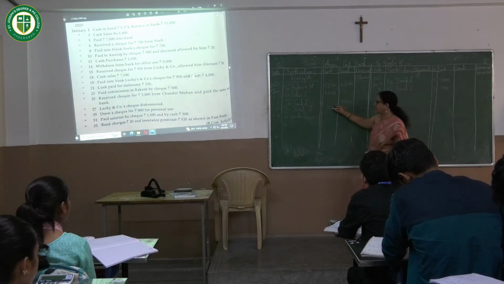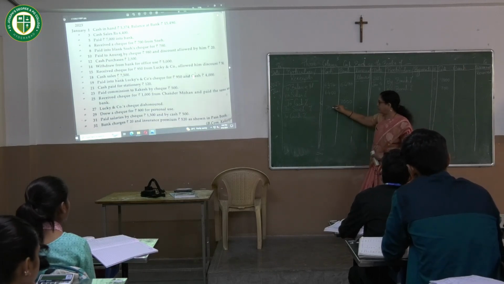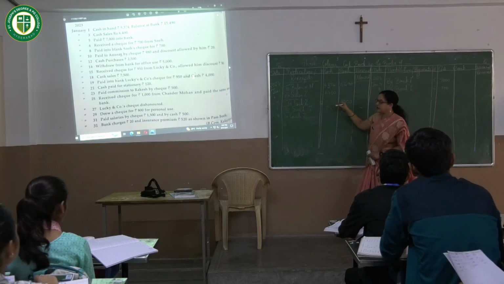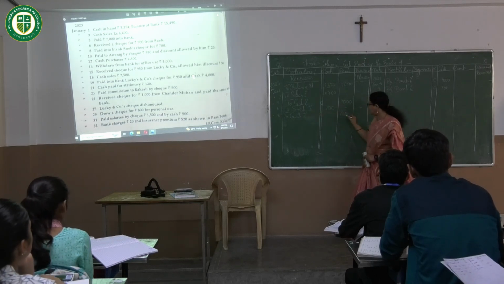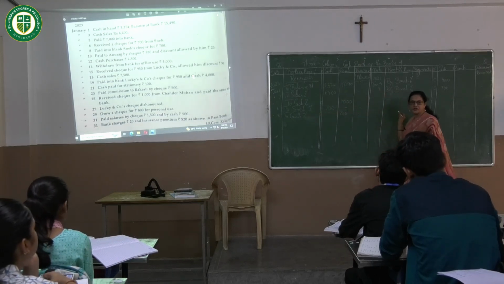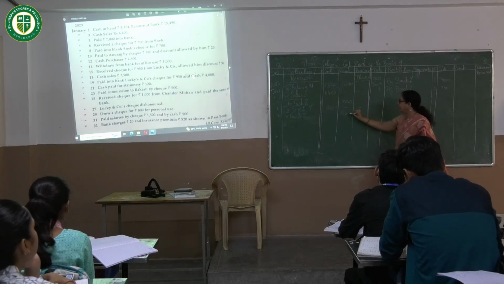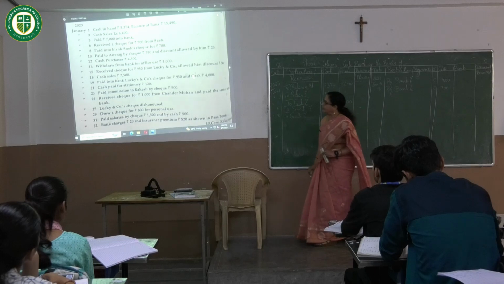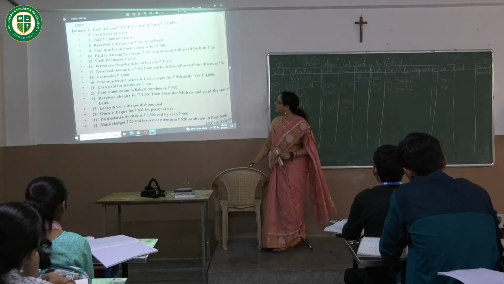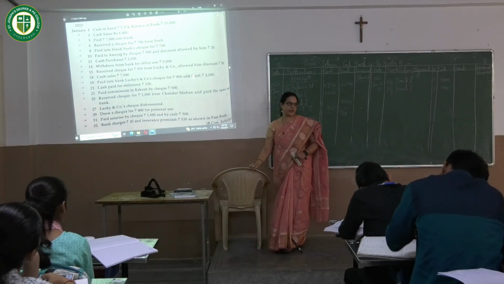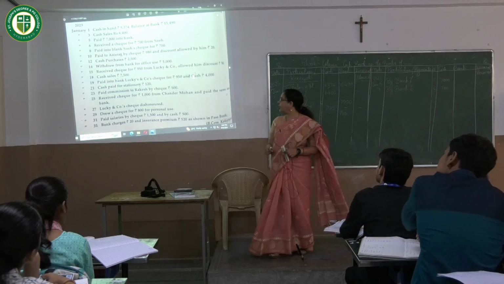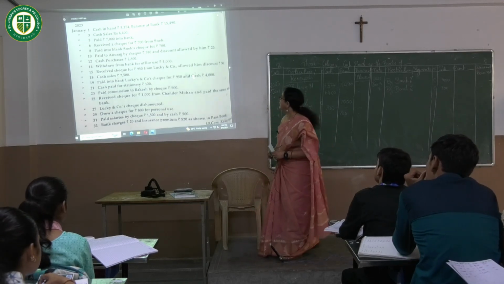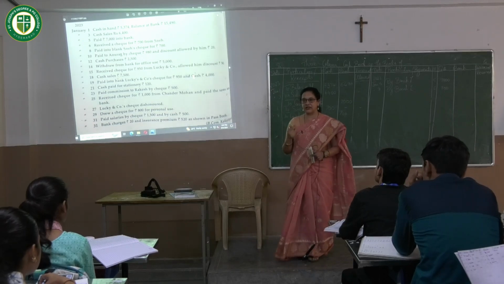So Sneha's check was received on 6th, and I have recorded it in the cash column itself. Then whenever it was deposited, that day I'll write the contra entry of check deposited into bank. That day I'll write bank account debit to cash account, and the money gets into my bank account on 8th. This is clear, everybody? Next one, on 10th we have paid to Anurag by check 980 and discount allowed by him. See, there's a trick here.